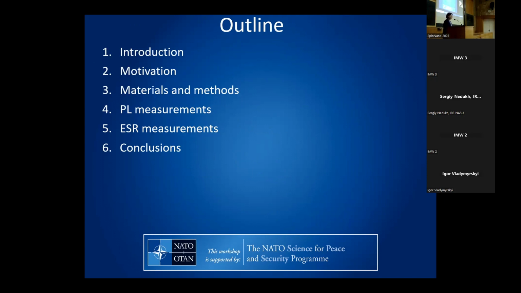So my talk will be organized as following. First will be some short introduction about the subject, then I will proceed to motivation, and then materials and method, and an experimental part. First the photoluminescence characterization, then electron spin resonance measurements data, and then I will end in